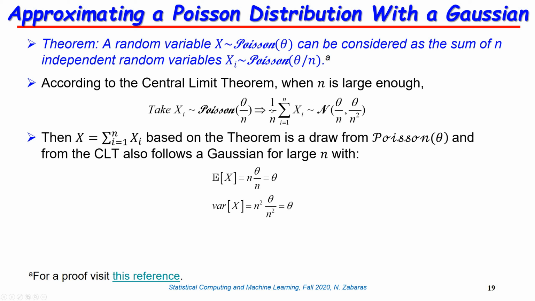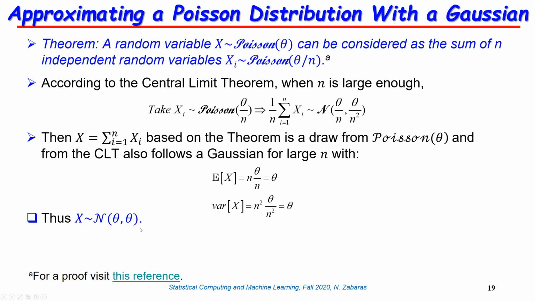If you get rid of this n here and you put it inside the Gaussian, you will get that the summation of xi follows a Gaussian that has a mean theta and a variance theta. You remember when you compute variances, if you want to get rid of one n, you have to multiply by n squared. So the Gaussian that approximates our original Poisson distribution has a mean theta and a variance sigma squared,